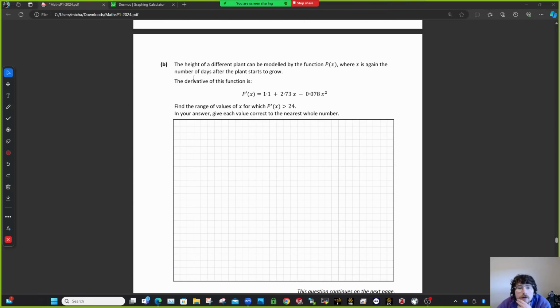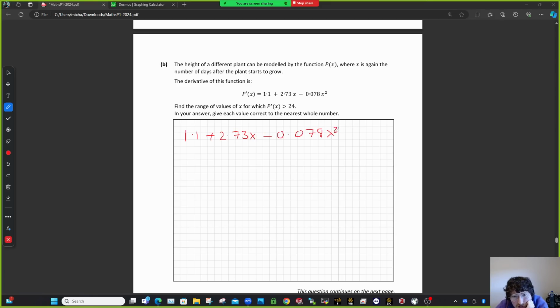There's another function for another plant, and this is your p(x). So this is something that's in the algebra chapter. They're called quadratic inequalities. They're inequalities because they have this sort of greater than symbol here. So you just take this function. So again, these are in the textbooks. They're a very common question. If you practiced it,